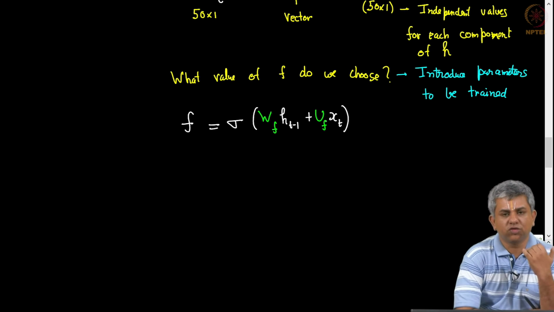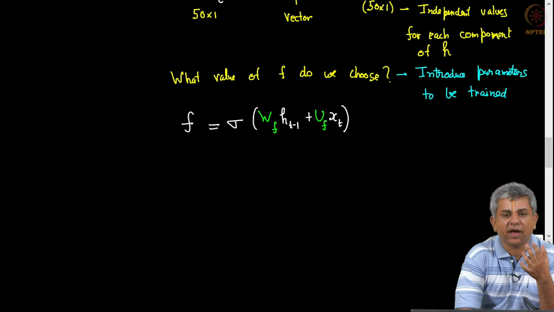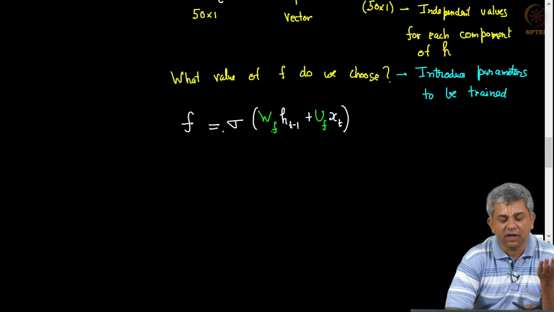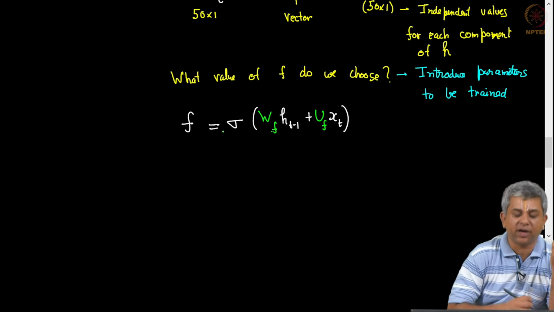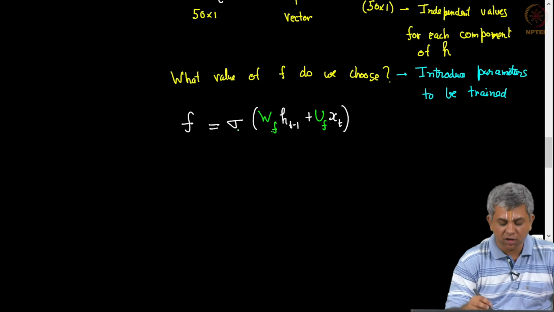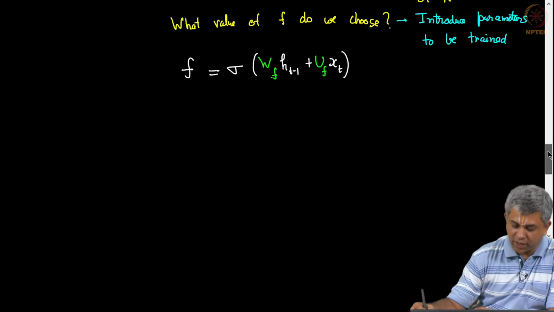So, you will see this theme repeated again and again, and I hope that if and when you are in the position of making an algorithm of your own, you remember that there are very simple things that are going into any sort of neural network. What are the basic ideas that we have seen so far? Linear combination, non-linearity. So, here is the linear combination, here is the non-linearity. How did we decide on the non-linearity? Because we have some idea of what F should behave like. F should behave like a valve. So, I want it between 0 and 1. So, the non-linearity I will use is sigmoid. So, let me put it together